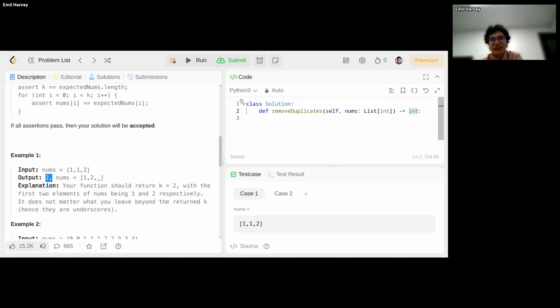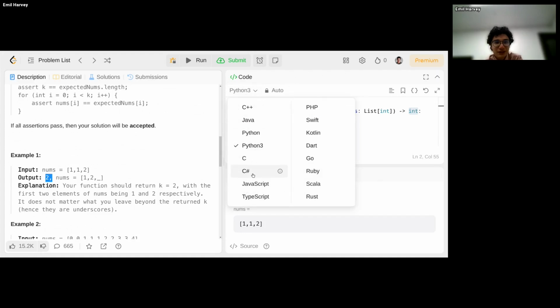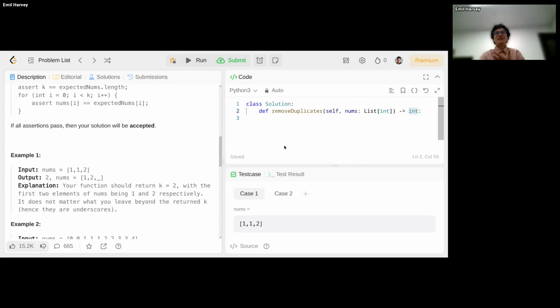If you haven't used Leetcode before, on the right-hand side, after you sign in, you can choose whatever language you want to use. I feel like a lot of you probably do C#, and there's also JavaScript and TypeScript. It's C if you're insane. But you can use whatever language. I'm going to be using Python, and I will try to make it general enough that we can all understand, not using Python's weird syntax that you can dive into.